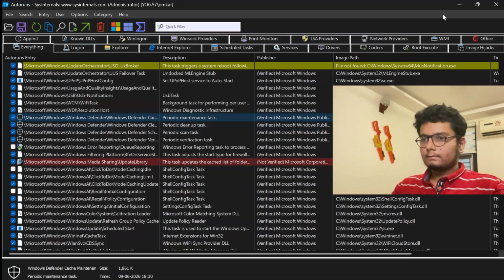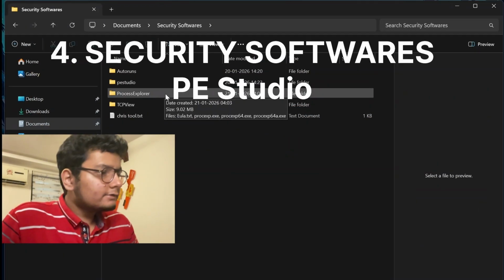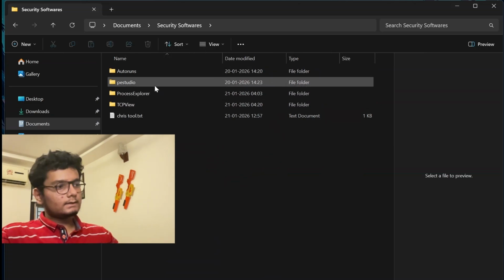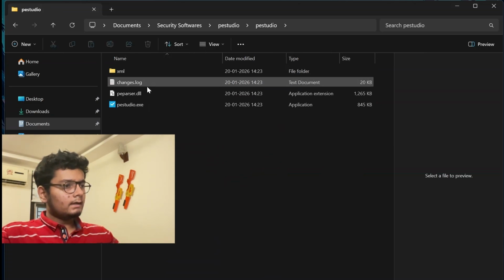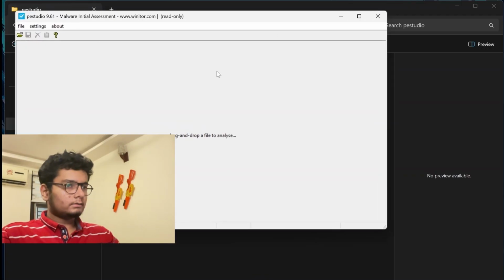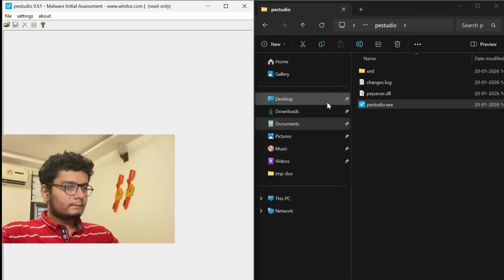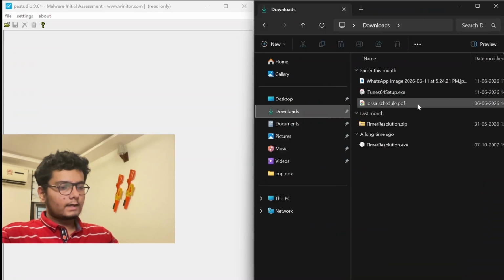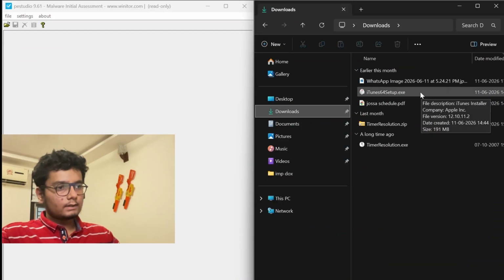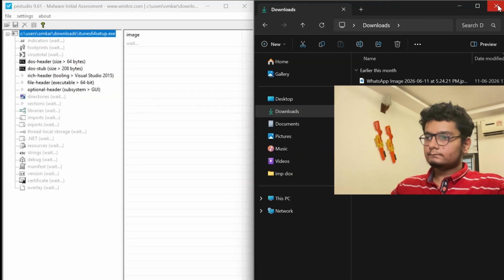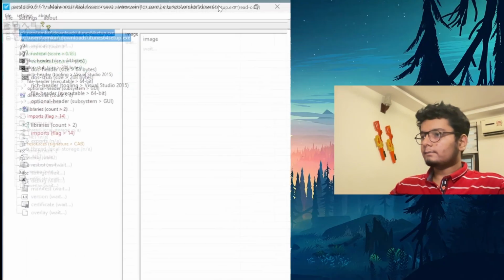It's a must-have app. So next we got PEstudio, and it's actually a very beautiful software. So now what PEstudio does is it basically can check all your exe files, right? You might have some exe file lying around, and you downloaded it and you want to run it, but before you run it you are not sure if it's safe or not. Just drag and drop it into PEstudio